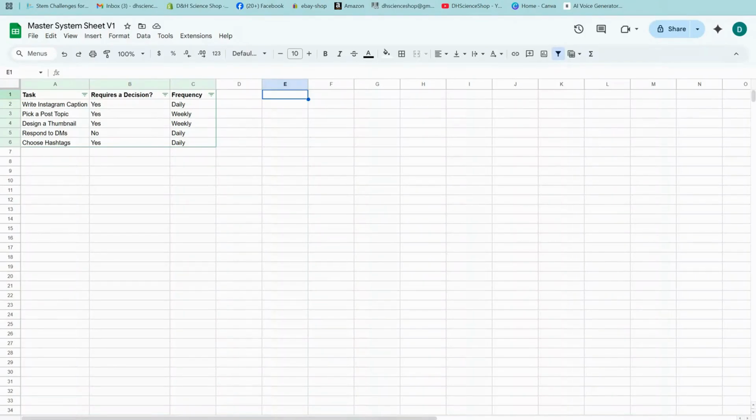If creating content feels heavy, it's not because you lack ideas. It's because you're making too many decisions. We're going to make that visible so that we can reduce it. As you can see, I'm in my master system sheet, and I've added a tab down here at the bottom